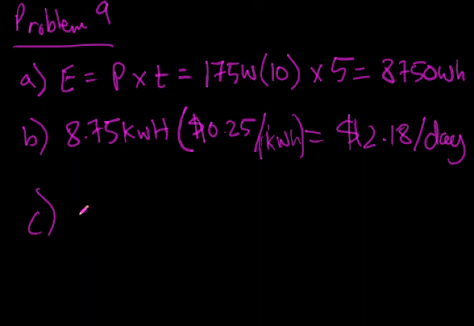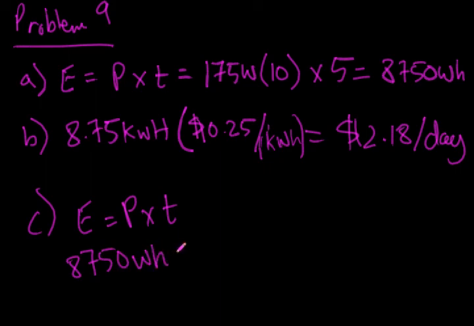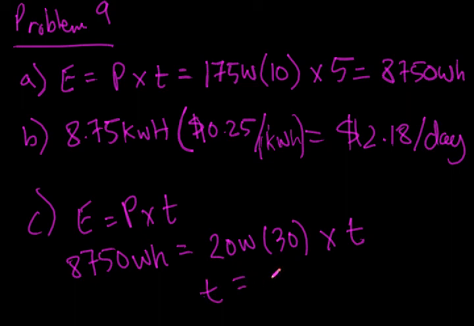So to do that, we again use energy equals power times time. The amount of energy we're dealing with is, again, 8,750 watt hours. The amount of power we're dealing with is 20 watt light bulbs, and there are 30 of them. And then we're multiplying it by an amount of time which we're determining, and that's what we're solving for. So when we solve that equation, we end up with T equaling about 14.5